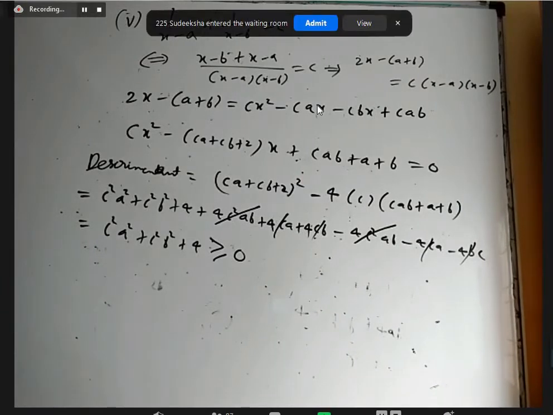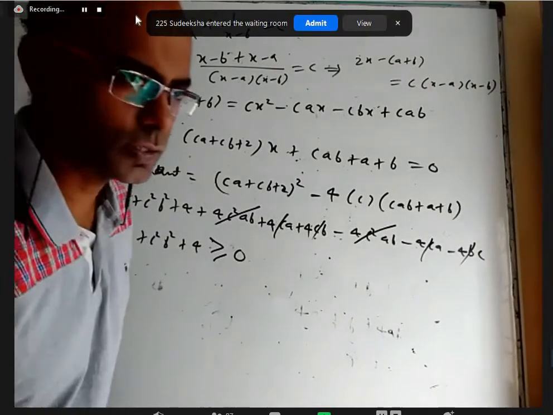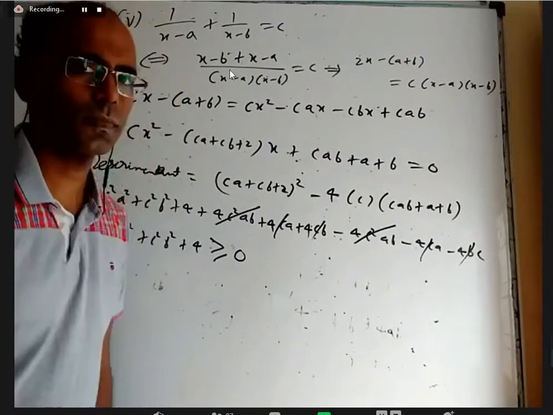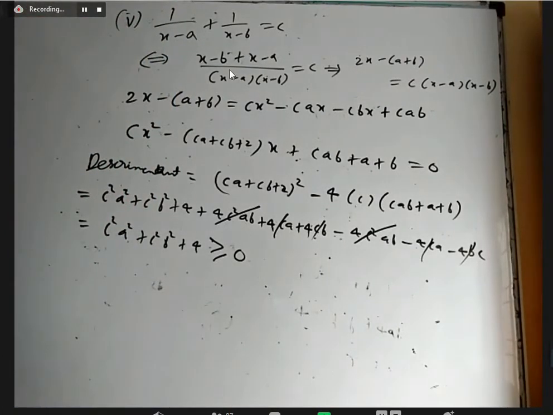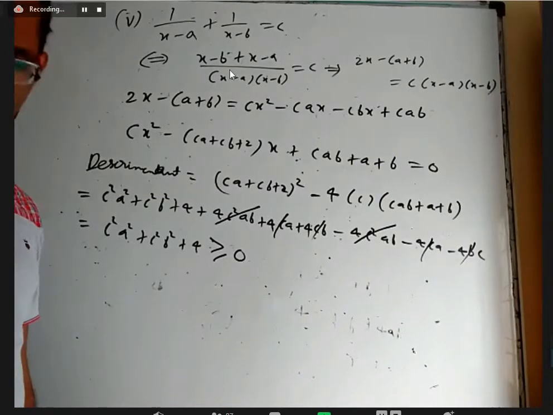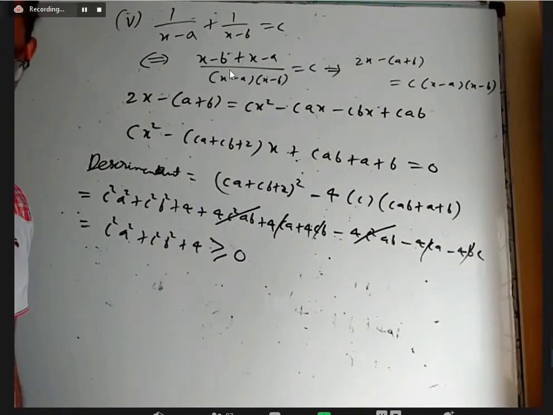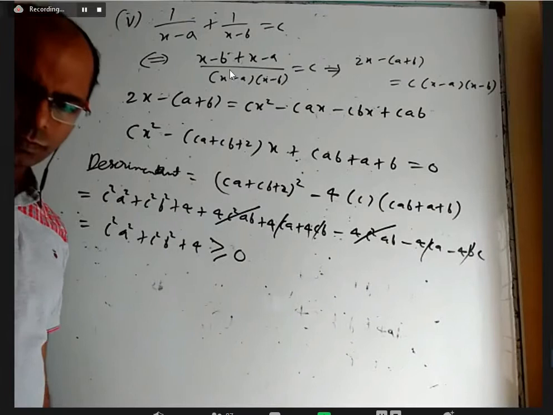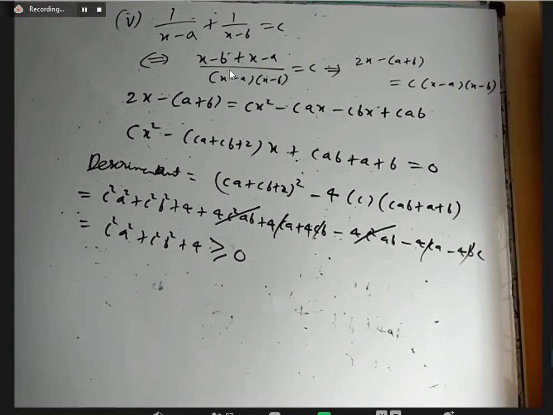There are other ways to do this. When we discuss quadratic equations, we'll discuss some other ways. You can draw the graph of this, from that we can do it, and some other methods are there. But I think at this stage, you just find the discriminant based on the tutorial. Okay, next third one also, we'll do 1 and 3.